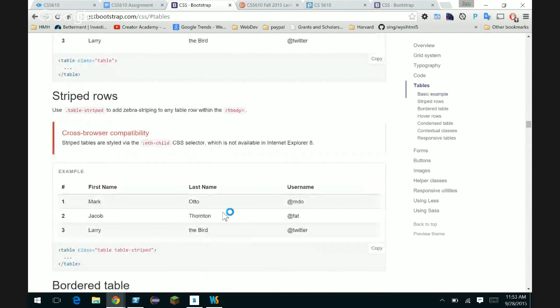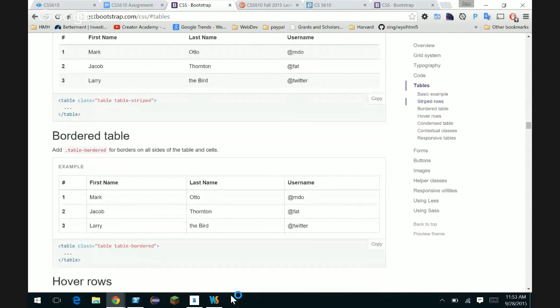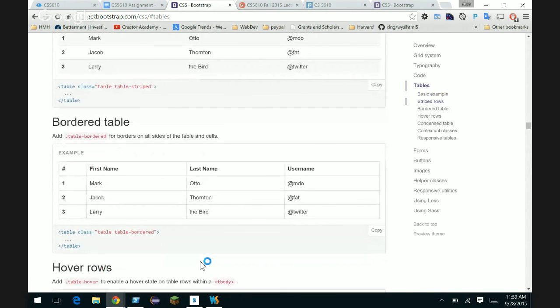You can add the table stripes to highlight every other row. You can add borders. Somebody was asking on Piazza how to add borders. You just add table bordered, and the whole table is bordered. No need to reinvent CSS for this. Obviously, it's good practice just to learn, but again, if it's already there,